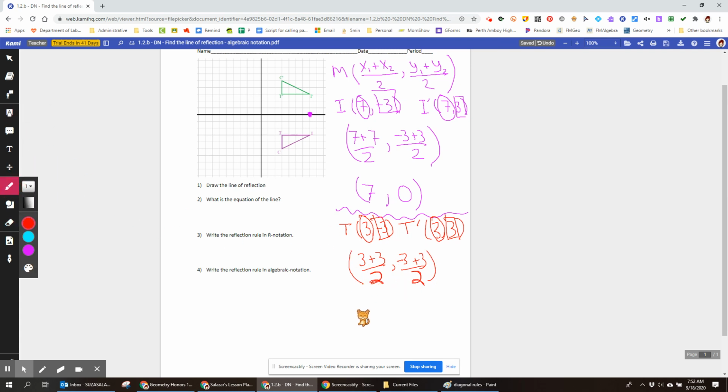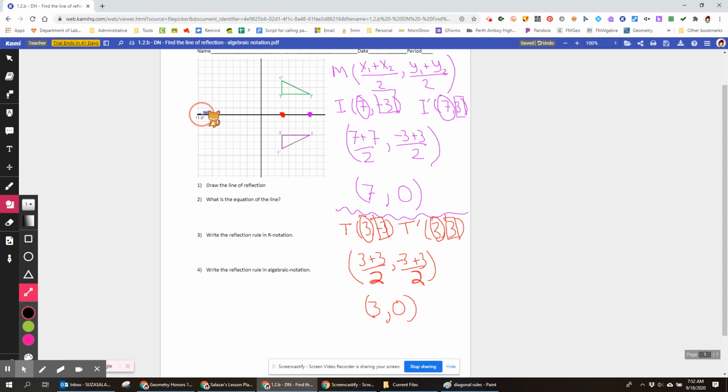Three plus 3 is 6, divided by 2 is 3. -3 plus 3 is 0, divided by 2 is 0. So my midpoint of these 2 points is going to be here. So now I've shown mathematically